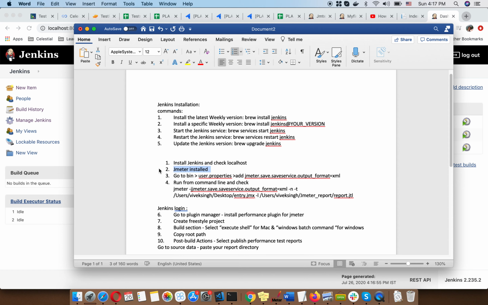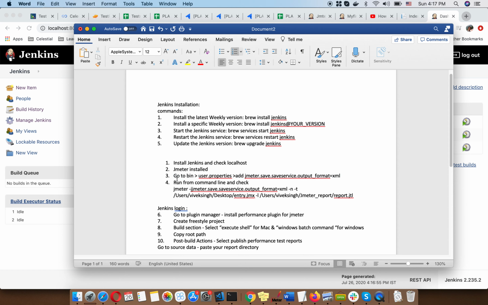There must be some scripts which you have written for your projects. So we just want one JMX file. Just store it, just place it in any directory. We just want only a JMX file. Now the third step. This is a very crucial step. I think this is very highly required.